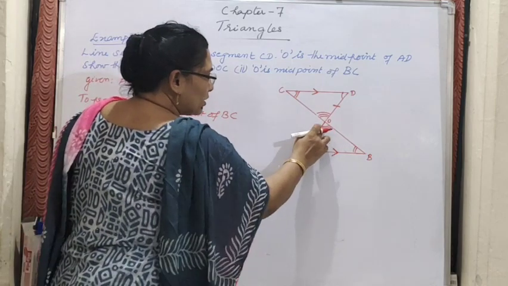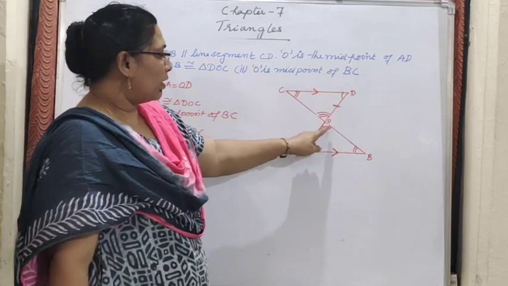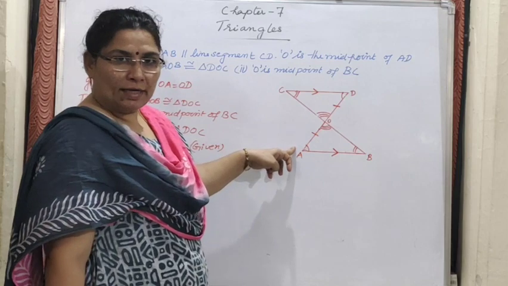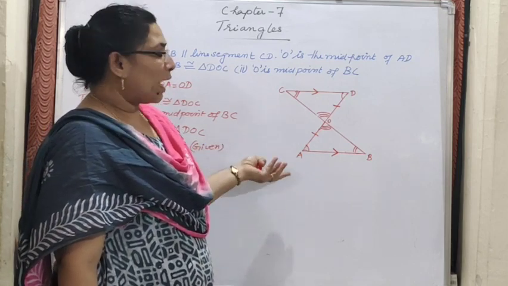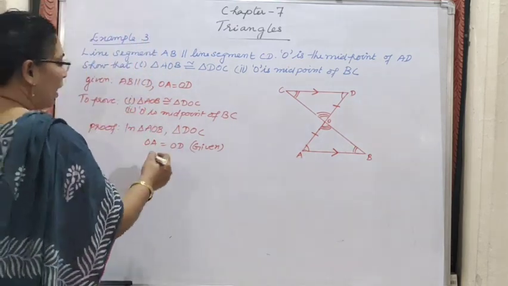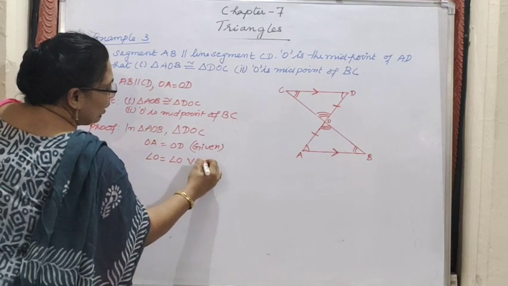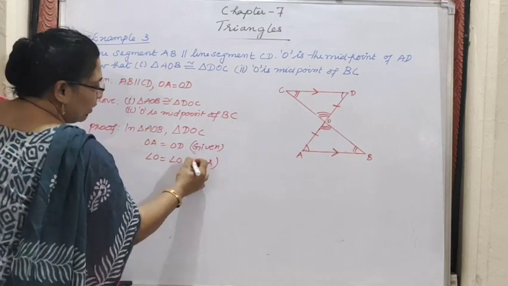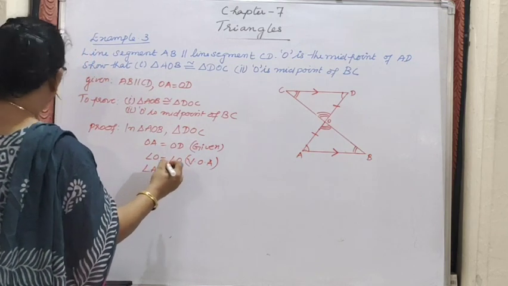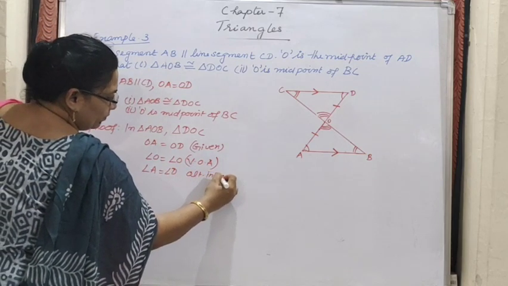So I'll just mark this equal sign a little more here to avoid confusion. So here we got angle O equal to angle O. Now the question is that OA is the side we have taken, which is the side making that angle, O as well as A. So we will choose that only. I'll write here angle O equal to angle O, vertically opposite angle, right? Now the second criteria is angle A equal to angle D, that is alternate interior angles are equal.